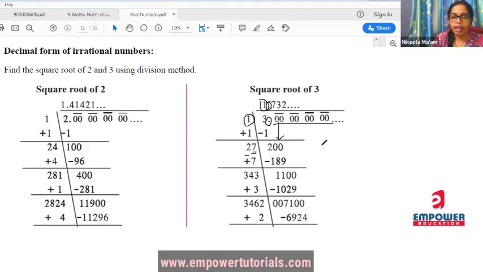Then I have to look for the number which is less than 200 but nearer to 200. So if I'm taking 5, I will get 125, which is less than 200 but it is not nearer to 200. So if I'm taking 28, what will be the number? 8 8s are 64, right? And 8 2s are 16. So it will be how much? 214.